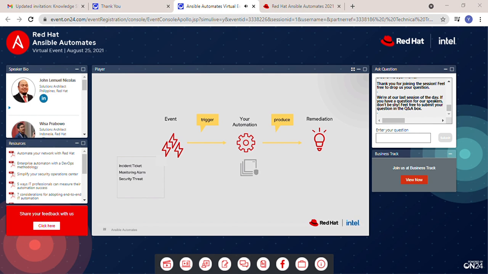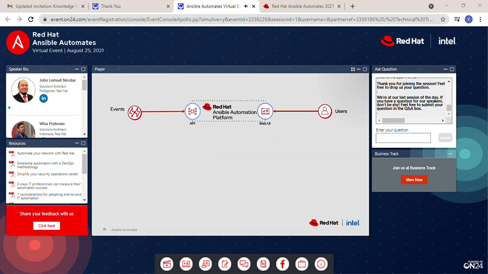Taking this example, we are looking at a scenario where an event is being triggered. It could be an incident ticket, monitoring alarm, service threat, or security threat, and after that event is triggered, we see the automation tool kicking off the automation workflow to produce that remediation. Now, with this workflow, after the event has been triggered, either through events or by the users,